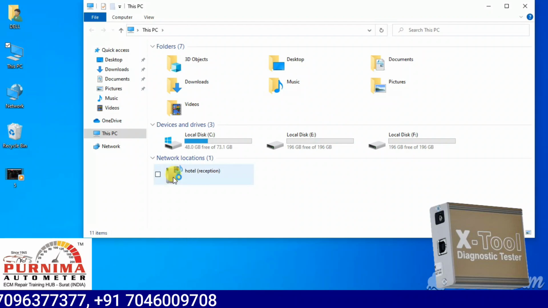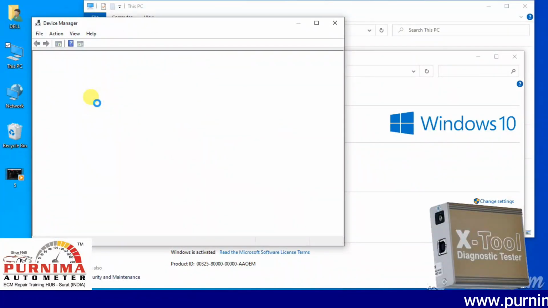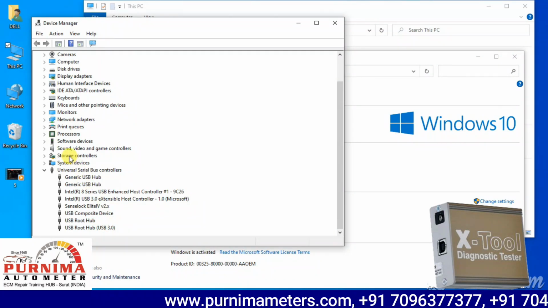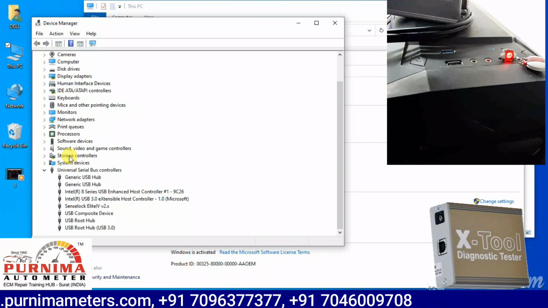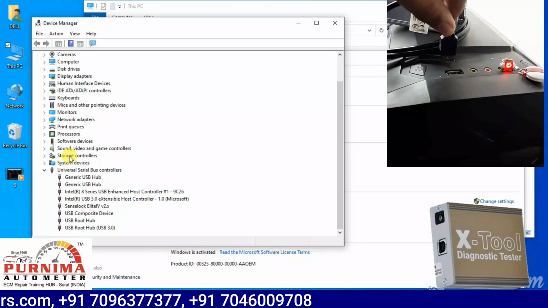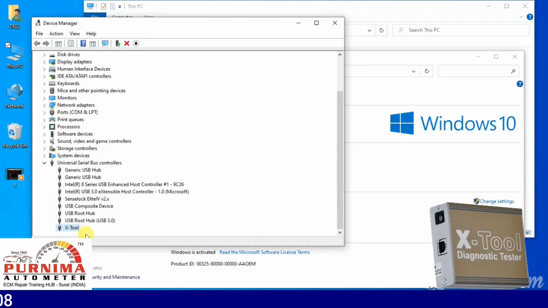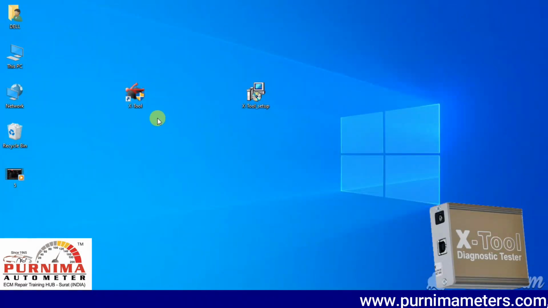this PC and go to properties and device manager. Okay, we'll check here. Okay, let me check with the reinstallation. Remove the USB cable, change the port. Here I changed the port and now it's ready. See the X tool, now it's connected, right? So just go back to the normal things, right?